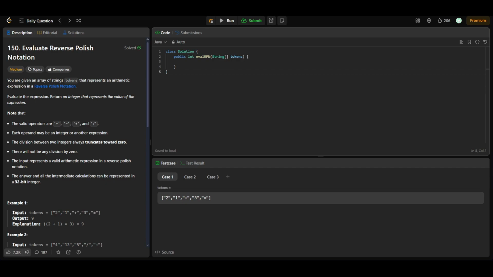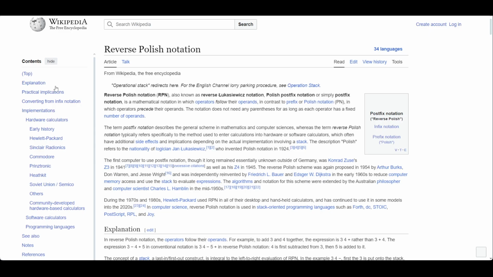Hello people, today we'll be solving LeetCode daily question 150, that is Reverse Polish Notation, and we have to evaluate that. In this, we'll be given an array of strings, tokens, that represent the arithmetic expression in reverse polish notation. I hope that everyone knows what reverse polish notation is, or you can just simply click on this link, and it will direct you to this page of Wikipedia where you can learn more about reverse